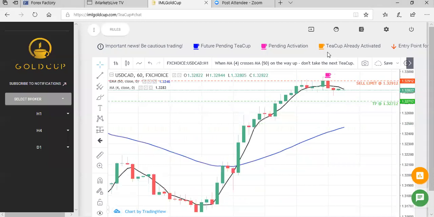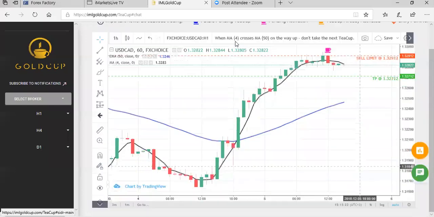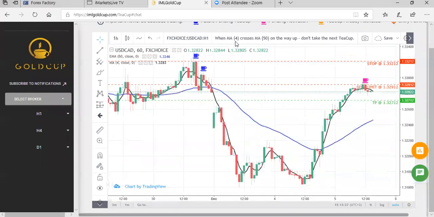And then you have your gold teacup that lets you know the teacup already activated. That pending order is not pending order no more. It's actually in process, in motion. Your arrow lets you know the entry point, lets you know what candlestick triggered the teacup. That's why your arrow's there. Now, this is how your screen looks. On the left-hand side of your screen, you're going to have,